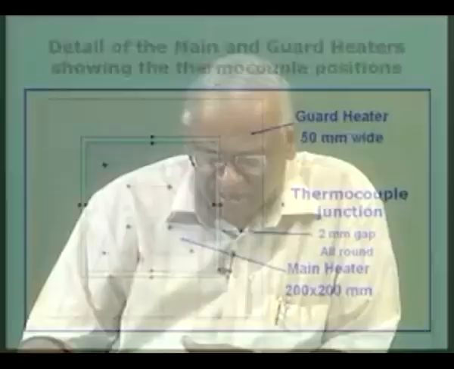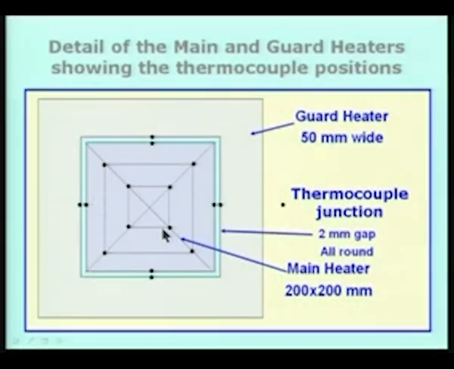Therefore, the assumption we can make is that the temperature of the surface of the heater and the surface of the sample which is in contact with it are exactly the same, so that when I say T0 in the expression for thermal conductivity, we had T0. T0 corresponds to the temperature of the heater, and TL will correspond to the temperature of the cold surface, which will be the same as the temperature of the surface of the sample which is in contact with the cold surface. So, that is the reason why we have so many thermocouples,